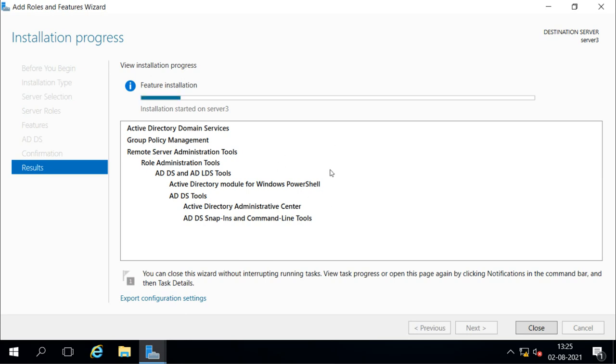So this will install the services, binaries and library files. Then after installing this, it will ask us to configure the domain, configure the Active Directory services, and it will also ask where your DNS server is. Now our domain controller is already created, and we have a domain already installed, or we can create a new domain. If you want to join this server to an existing domain, then the domain DNS is already there on the domain controller. So you will get the option to install the DNS or not. But we want to install the DNS, so we can select to install the DNS.